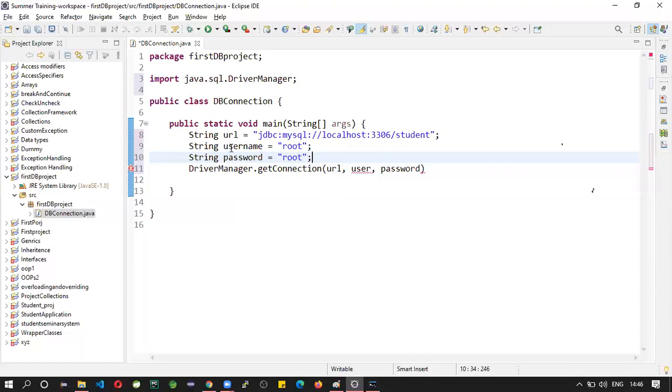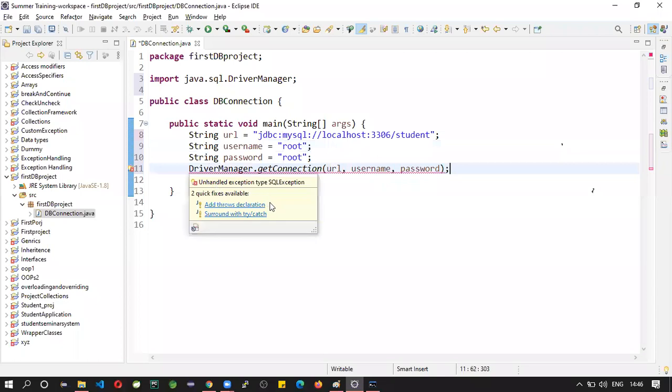Now use this variable here as an argument. See the error? It is suggesting that we surround with try catch block or add throws declaration.